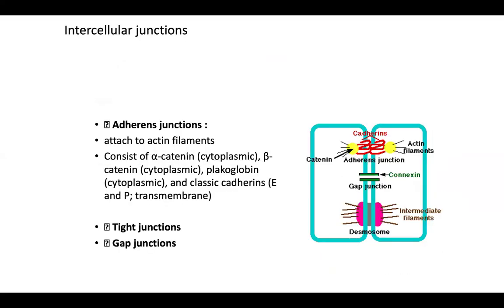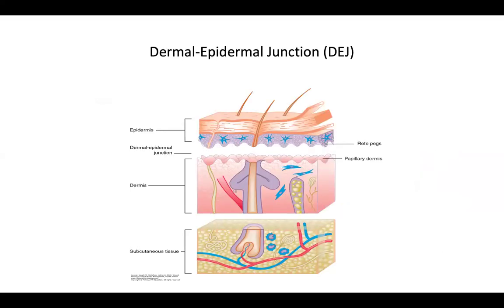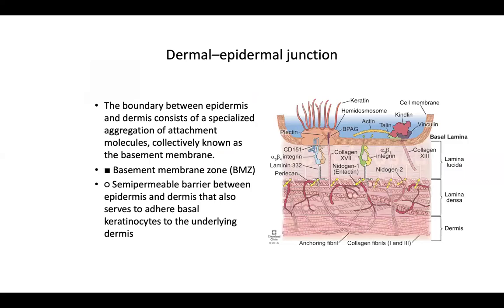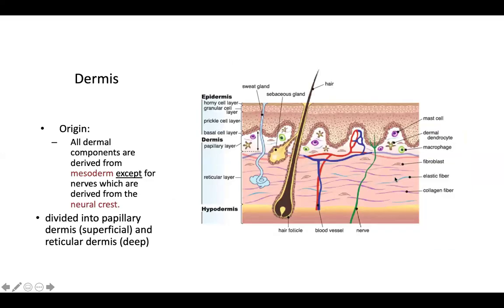Desmosomes and hemidesmosomes, multiple connections between the cells. I explain all in my advanced lecture. You can have a look at it. We have, of course, between the epidermis and the dermis, what we call the dermoepidermal junction. A lot of diseases happen because of a problem in the connection, okay? Also, this is interesting when you look at it in consideration of the bullous diseases, like bullous pemphigoid, etc. It's all explained in the advanced lecture, okay?